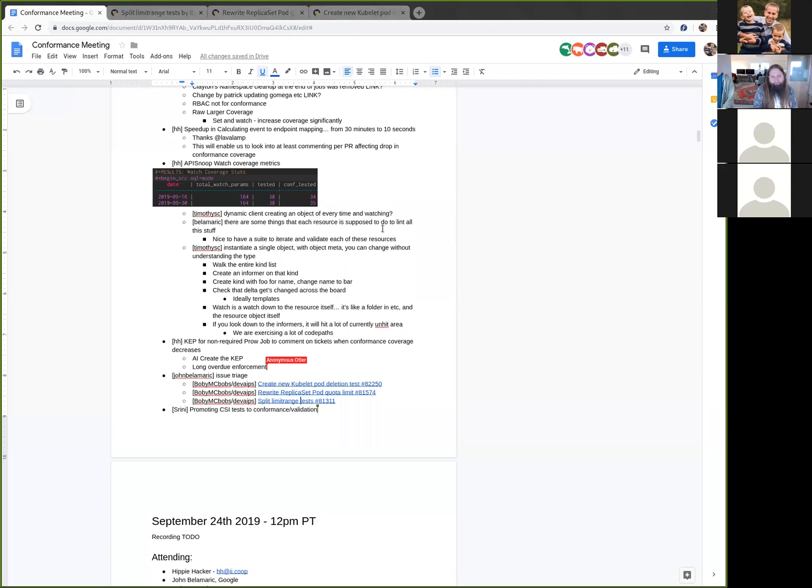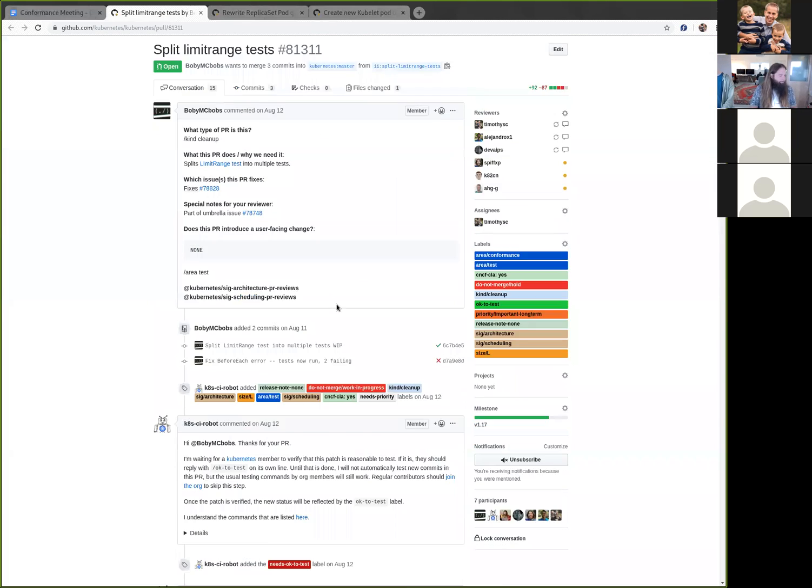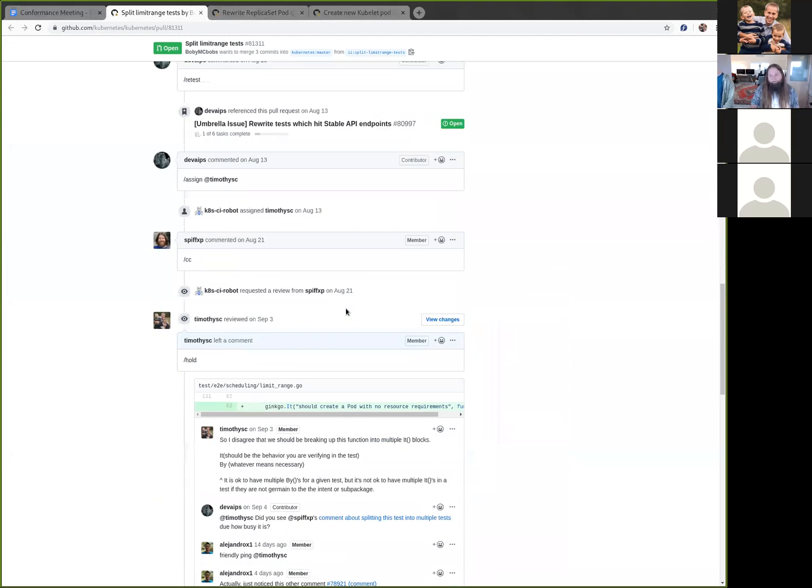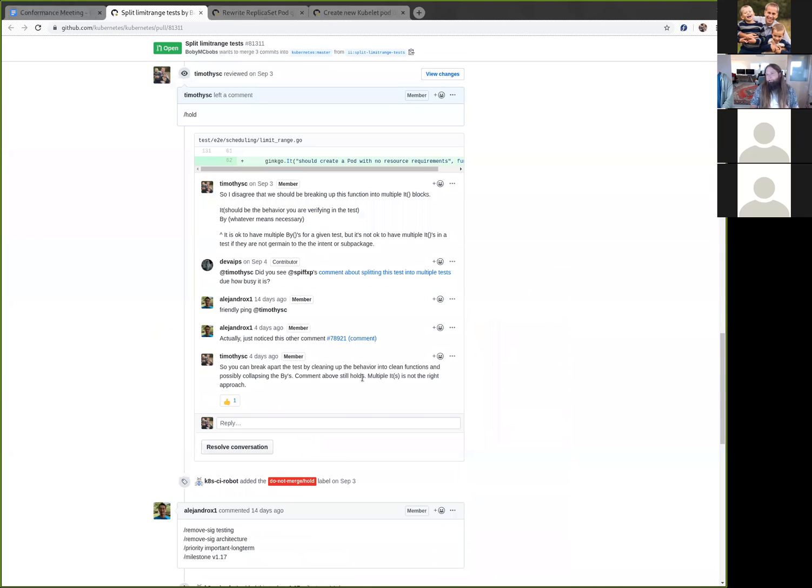So when you look at these PRs that Devin and Caleb have been working on, I like that we're updating the documentation a lot. I'd also like to find a smoother way to where we're increasing coverage by writing more tests instead of